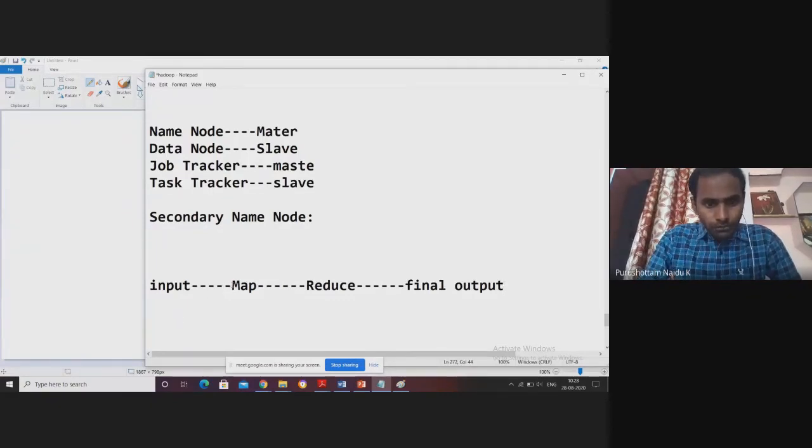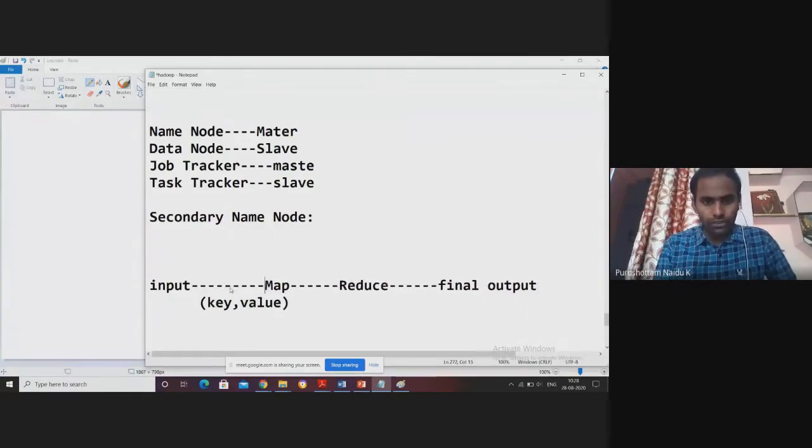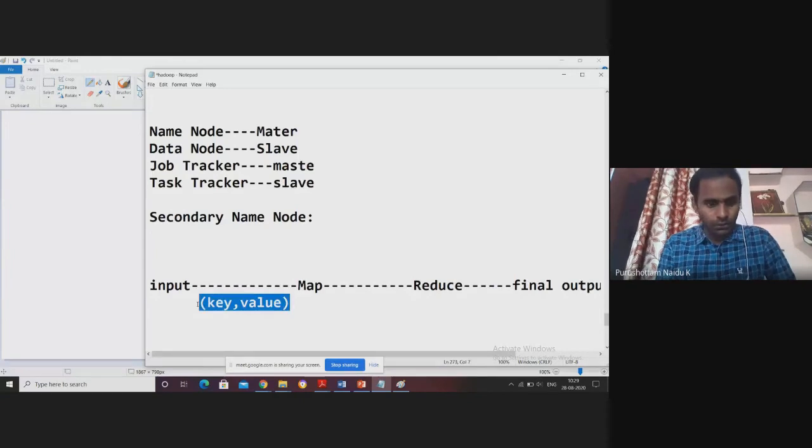Now this is the input to the map function. The input of the map function is called key value pairs, key comma value. Again, the output of the map function is also a key value pair.